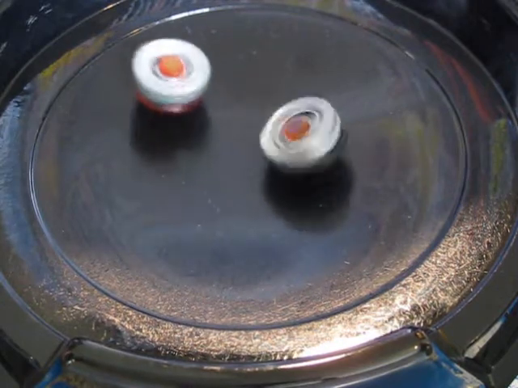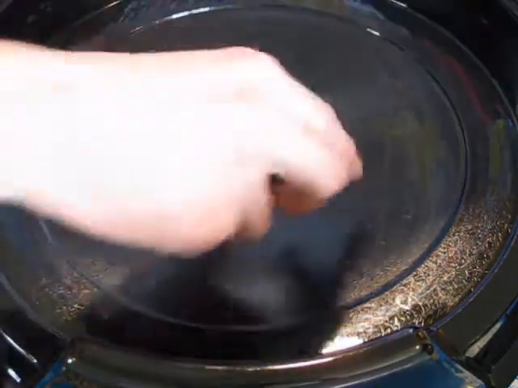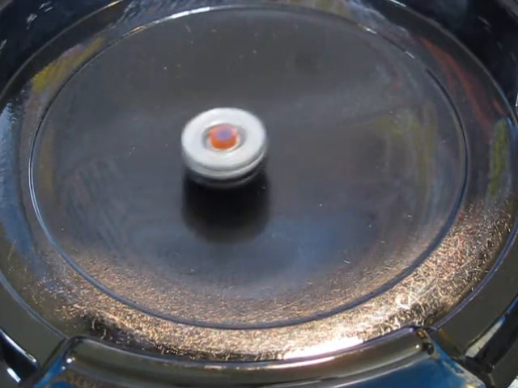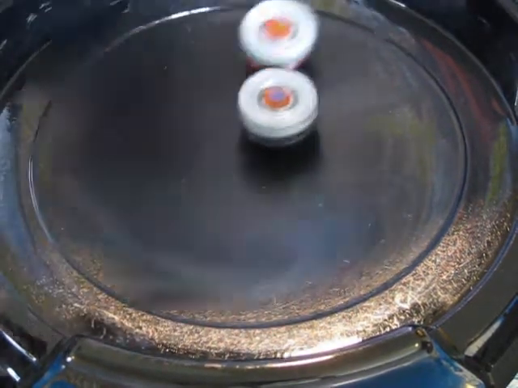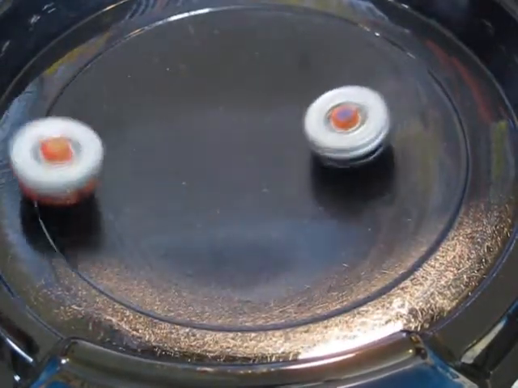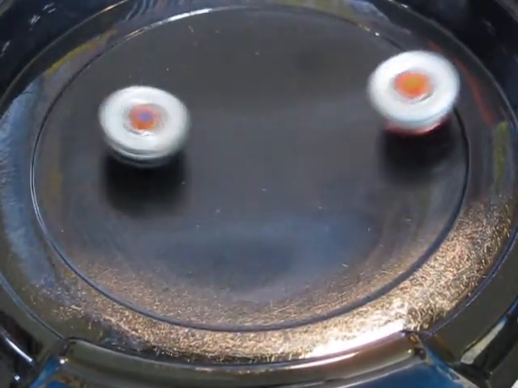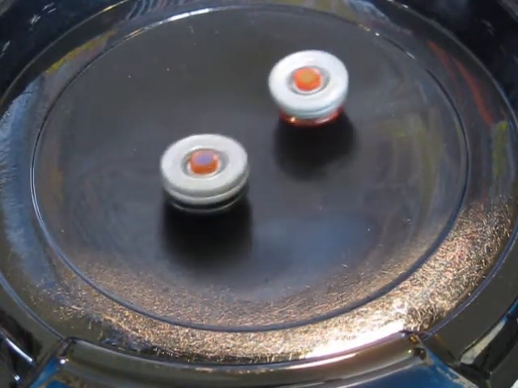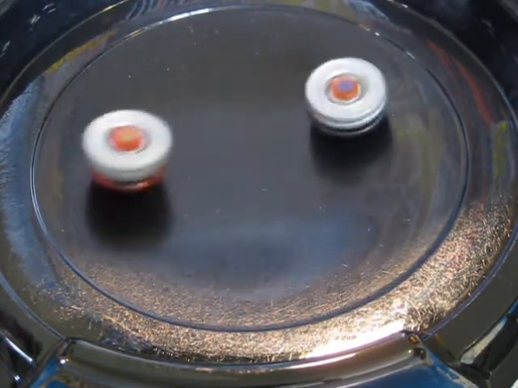Here we go. And there's the OS by Girago. That makes the score 3-0. 2 OS and 1 KO for Girago. Now round 4. Made some contact there. Looked like he got pretty close to the edge there. Was not a KO, but